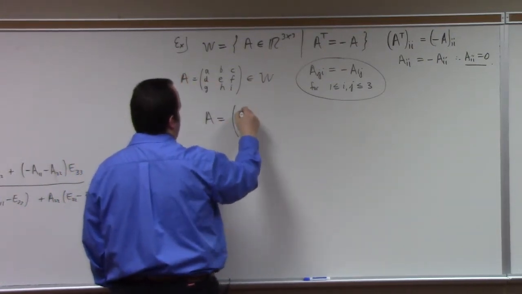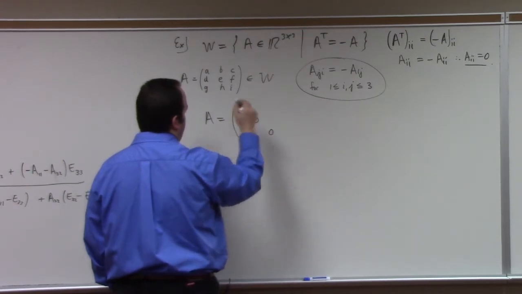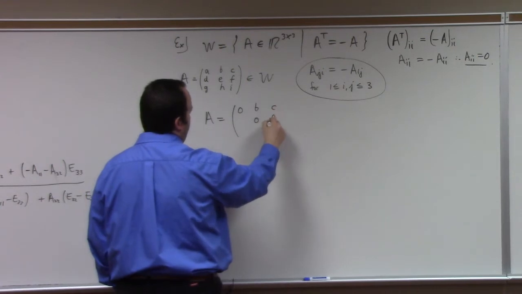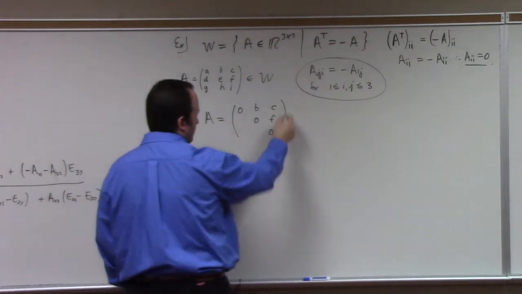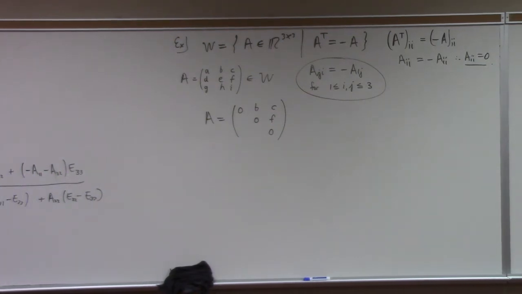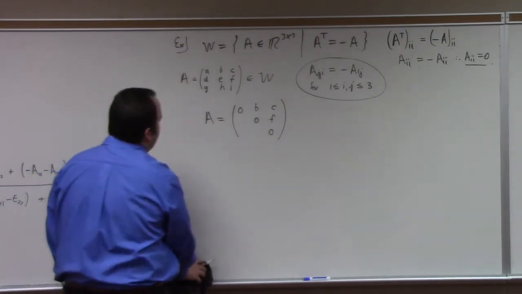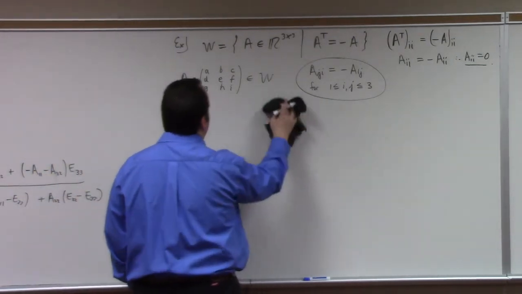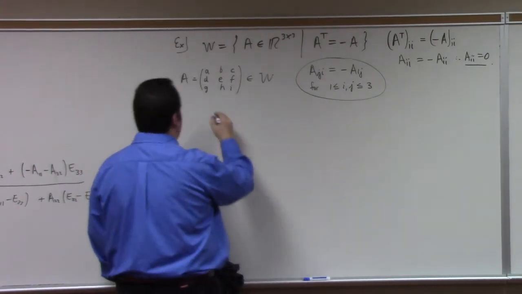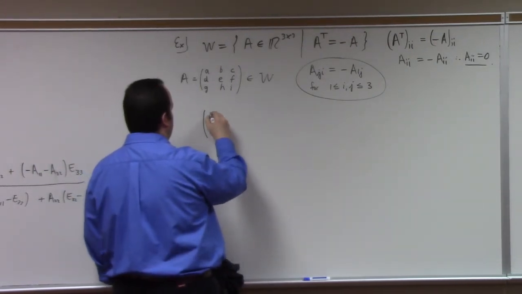It actually looks like what? 0, 0, 0, B, C, F, right? Again, 0 is, it's skew symmetric, so it's got 0 on the diagonal, and then what else? Right. Oh, actually, I'm sorry, guys. I should be showing you a method of calculation, not just guessing here. So the way to do this more properly is,